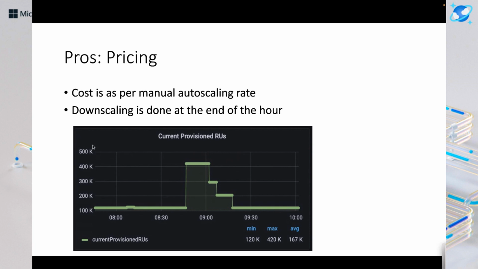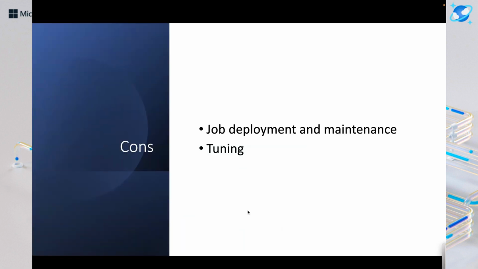Then another thing that we can do is the downscaling is always done at the end of the hour, as I told earlier. So let's say that this is the time when the job is getting over, and this time is in IST. Only in the last hour, just before 9:30, let's say we have said that the downscale will happen in the last 30 minutes. So only after this 9 p.m. mark has passed, only after that this downscale is happening. So for this extra amount of time, we are not wasting the RUs by going down to the minimum required right away. We are able to use extra RUs for that time.